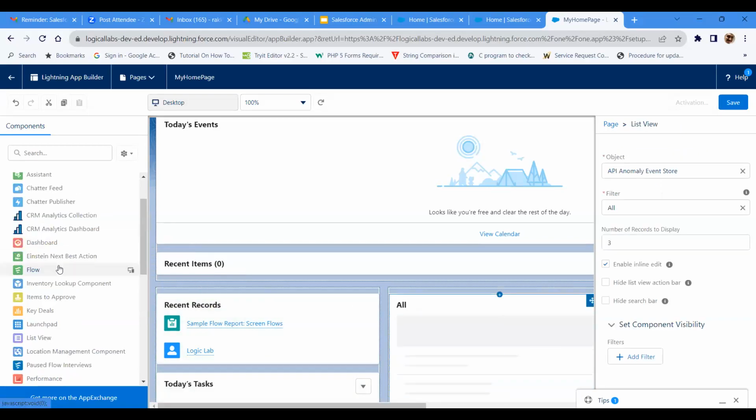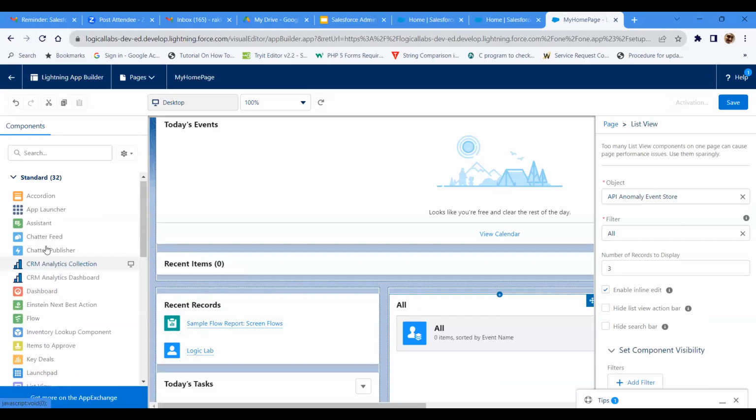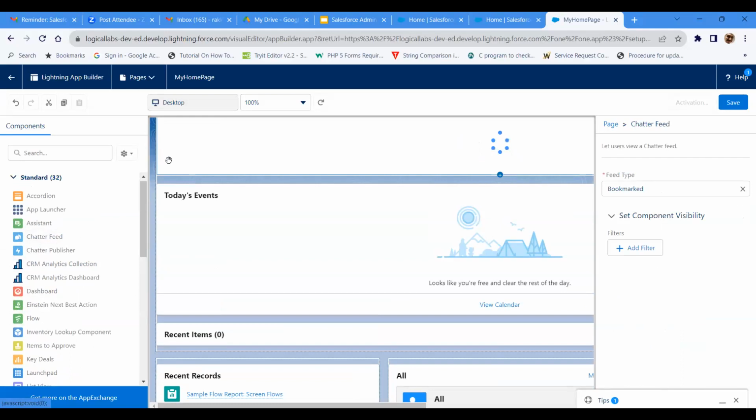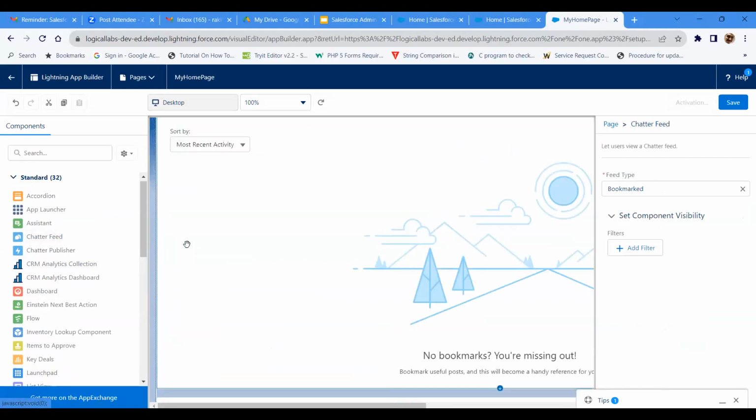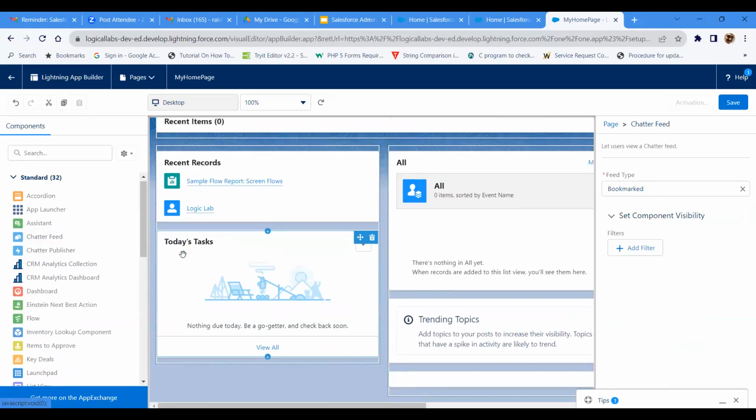So likewise, whatever thing you wanted, you can add it here. On the top here, you want to add a chatter field. I'm going to add my chatter field also. Likewise, you can add all your components, whatever you wanted, you can drag and drop it and place it on this spot. Once you're done with this,